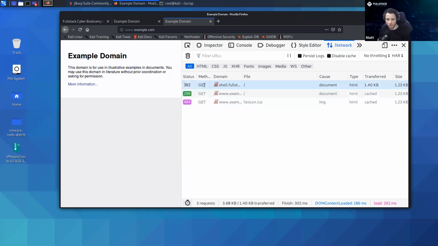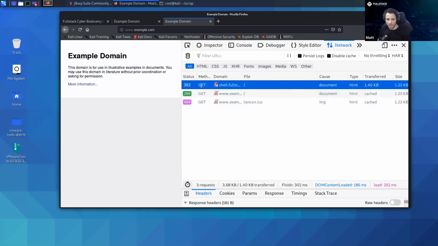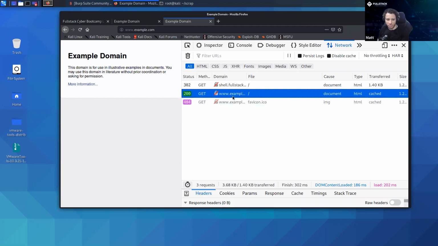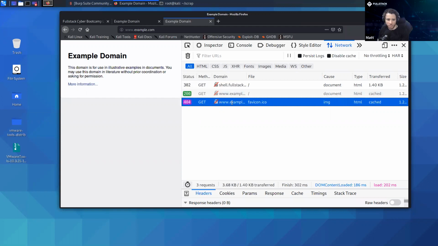This is the order of what was happening. First was the GET request to shell.fullstackacademy.com. Make this a little larger. You can see shell.fullstack, that was a 302. Then there was a request made to www.example.com. That was a 200. And then there was another request made for